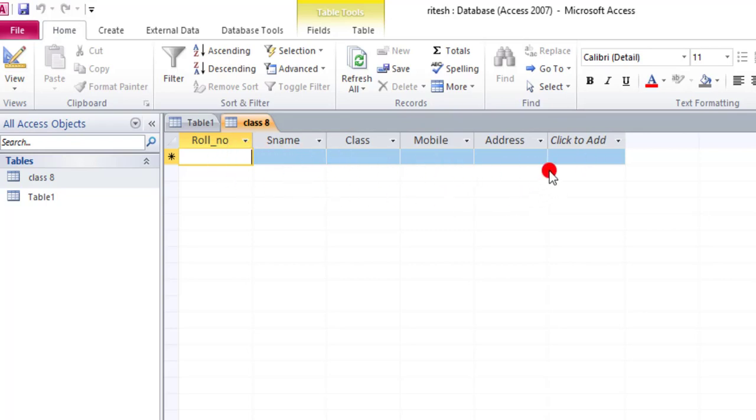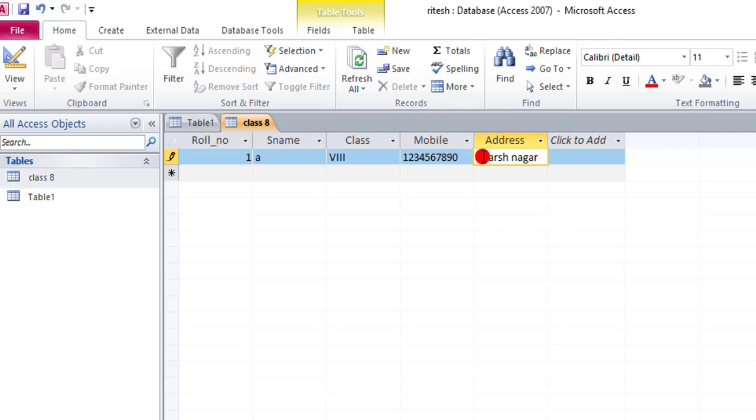This is your datasheet view. Now here you can do entry. Suppose roll number 1, name is A, class is 8th, mobile number is 1 2 3 4 5 6 7 8 9 0, address is suppose Adarsh Nagar.